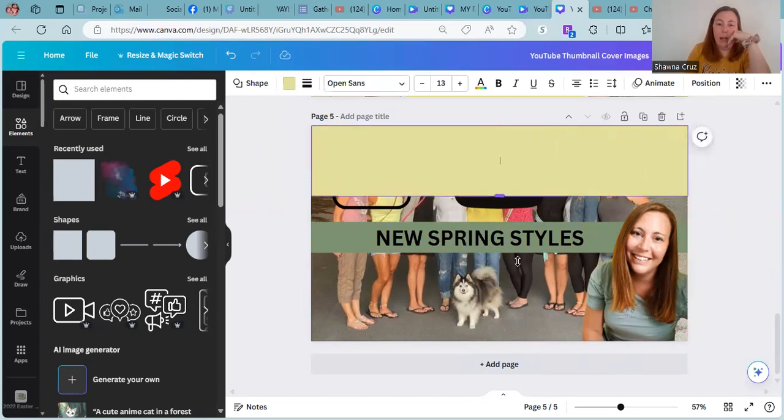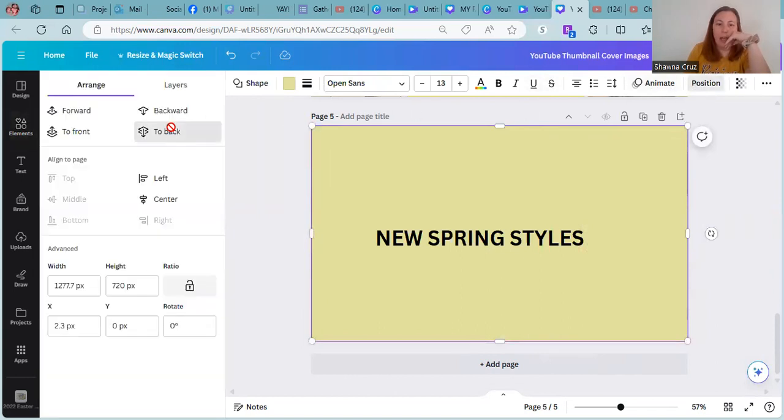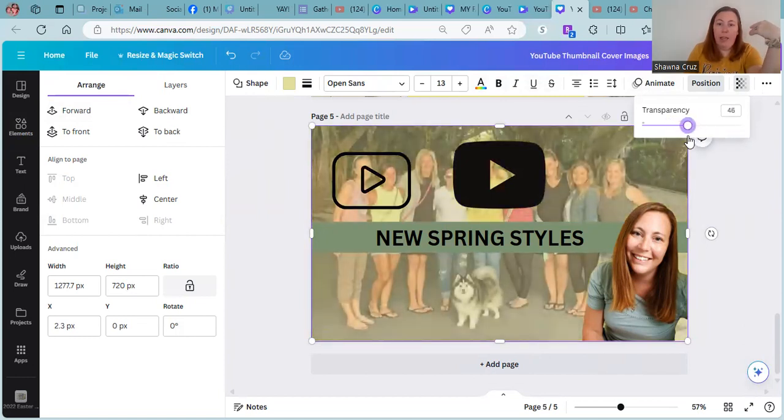You could do any color, honestly. I would totally do my yellow, but I'm just saying that black and white are really trendy. And you can change the transparency on this, and that will let your photo see through that. But if you do black,